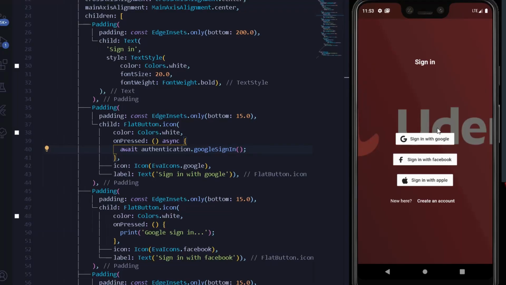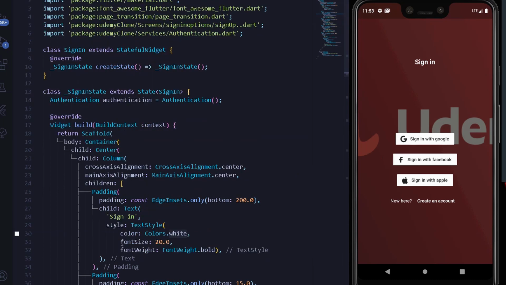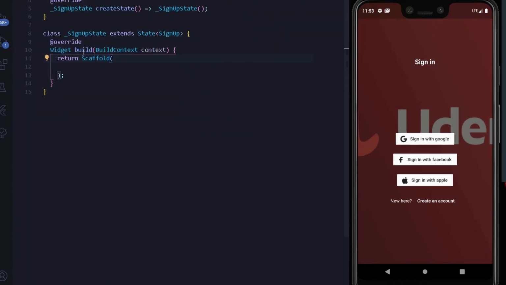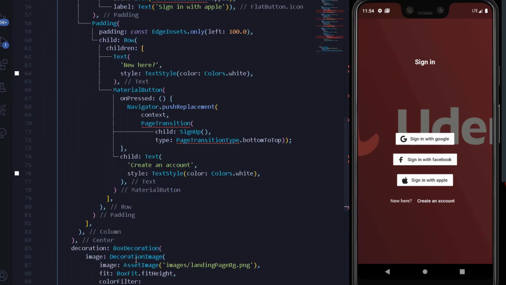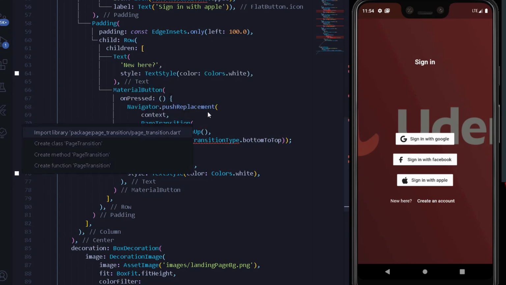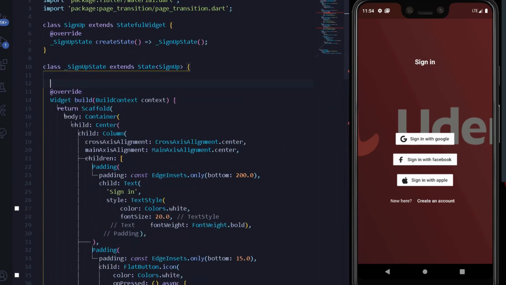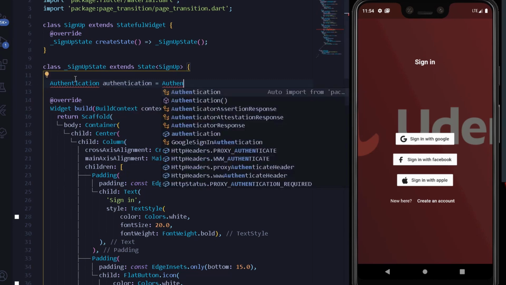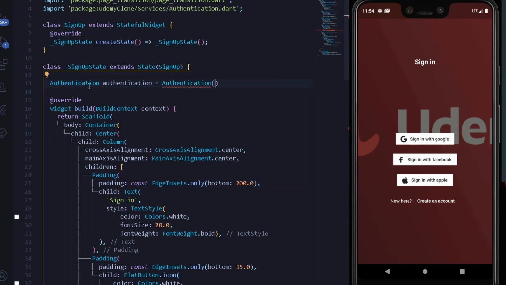So in this way we have created a sign in with Google along with a Google Auth provider with our Firebase. So before ending this video, let's do one thing, that is create the exact same screen on our sign up option as well. So here I can simply copy the entire container and paste it under our sign up page. I will simply have a body, and under this body I can paste everything. Let's get all the dependencies that you will be needing here, and similarly for our new authentication class. So here we will have the authentication as well. So here I will simply write authentication should be equal to the new authentication, but before that let's import it.